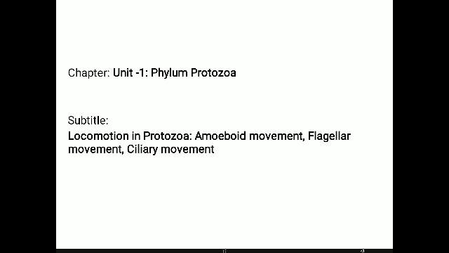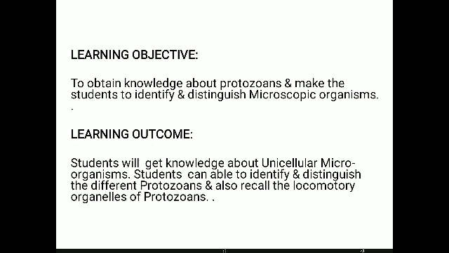Locomotion in protozoa, that is amoeboid movement, flagellar movement, and ciliary movement. Using these locomotory organs, the protozoans are able to move from one place to another. So let us study in detail how the animals move from one place to another by using these locomotory organelles. The learning objective here is that students can understand how locomotion occurs in protozoans